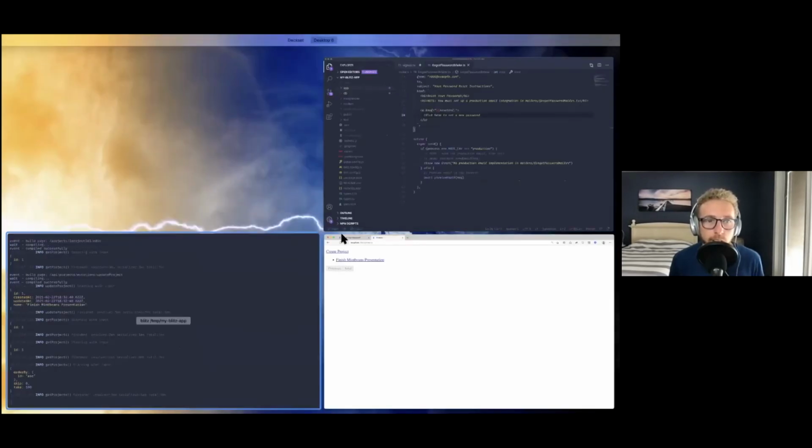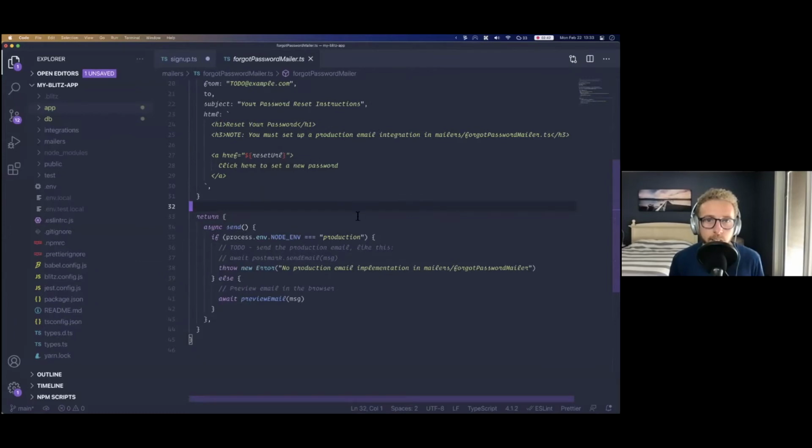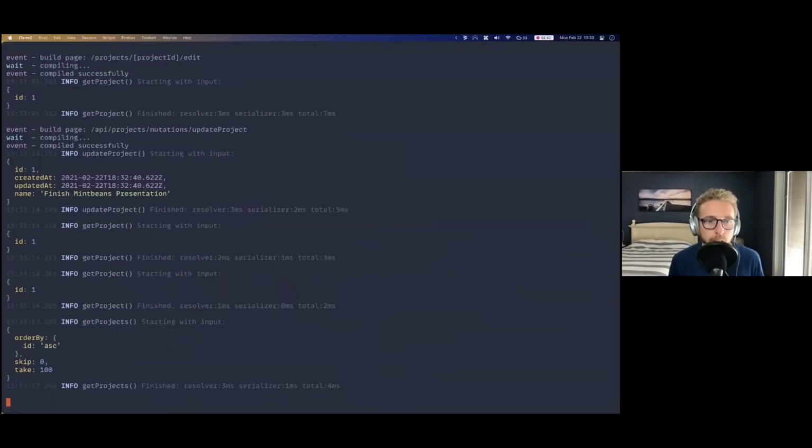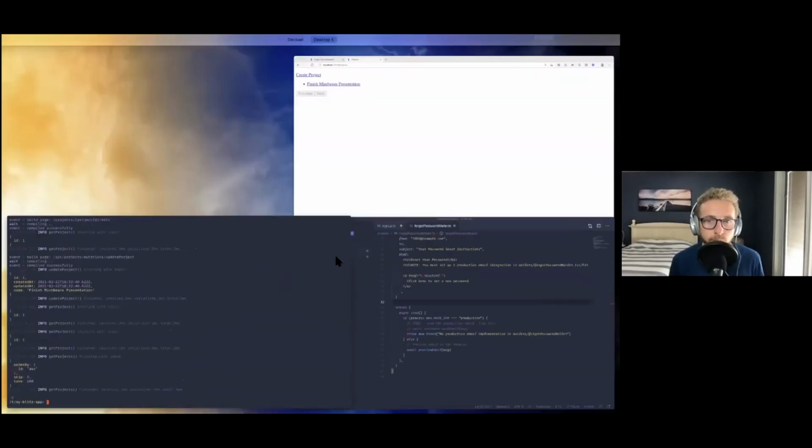So let's add a new field to projects. And sorry, let's go to the terminal here. And I'm going to say blitz generate model project. Actually, never mind. I'm going to do this a different way.